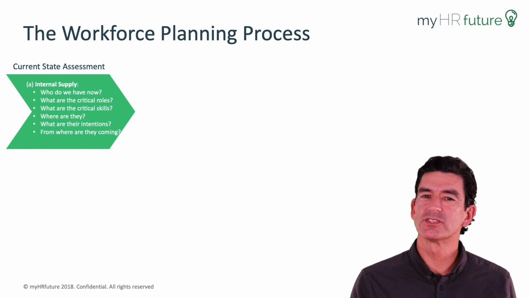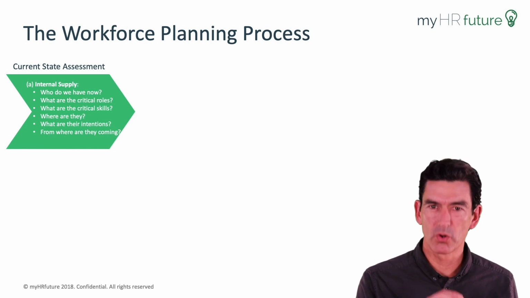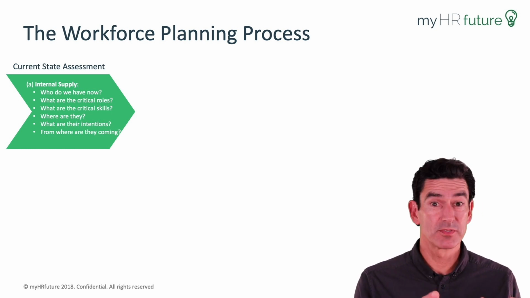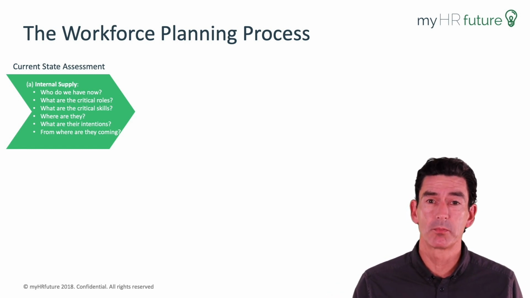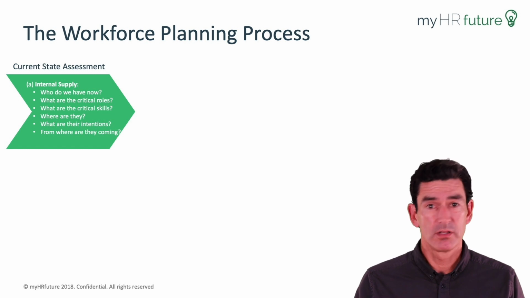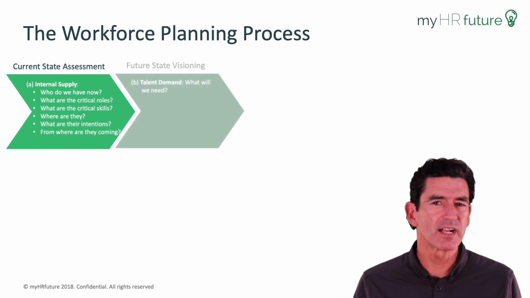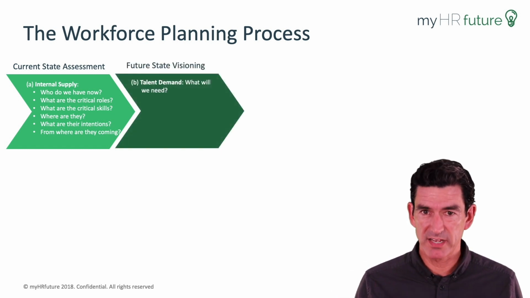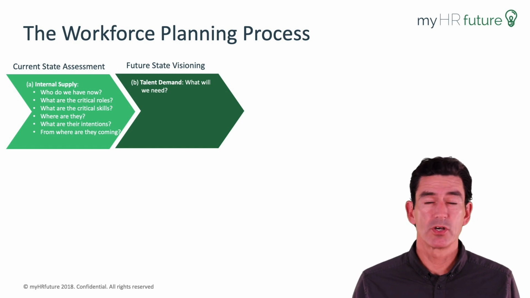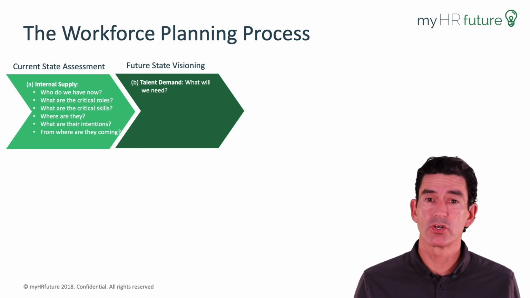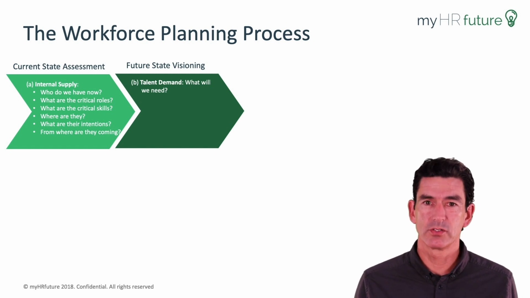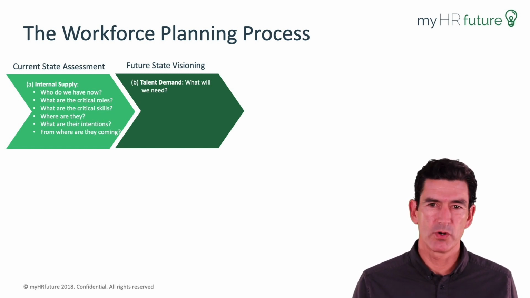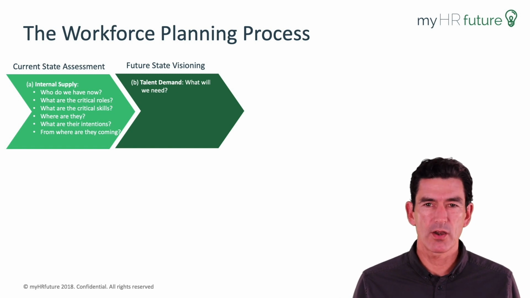Now, with a clear understanding of who we have in the workforce right now, both in terms of numbers and skills and intentions and whatever dimensions you deem appropriate, we can now do a really effective and valuable future state visioning exercise. In other words, what is the workforce of the future going to look like? What is that ecosystem that we talked about earlier going to look like? What skills are we going to need? How are we going to acquire those skills? So let's go deeper into that now.